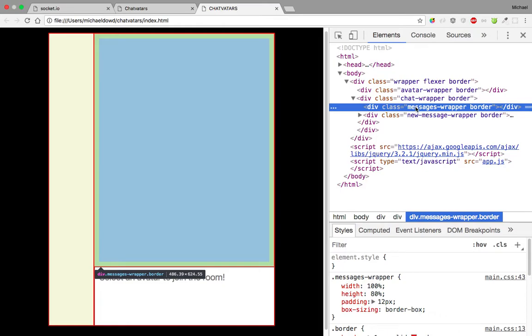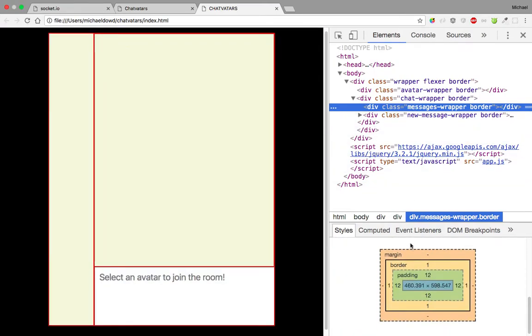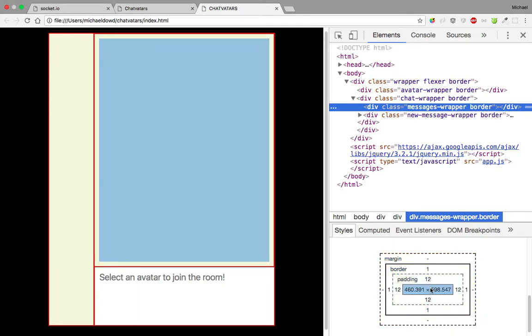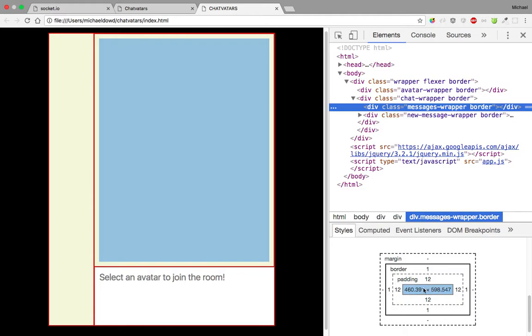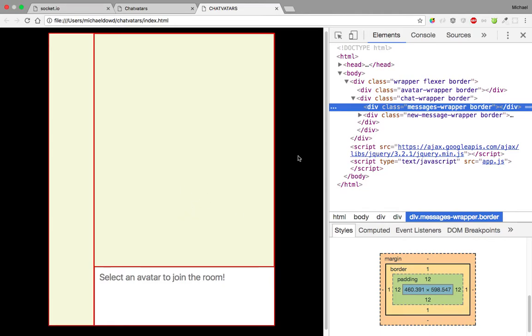That's the padding. But if I want to specifically see what that looks like, look what lights up as I hover. Here's the padding, which is 12 pixels on each side, and you see it very clearly. Here's the border. Here's the margin. There is none. The border is 1 pixel. Padding is 12 pixels. This is called the box model, and it is a very, very useful way for debugging little problems you